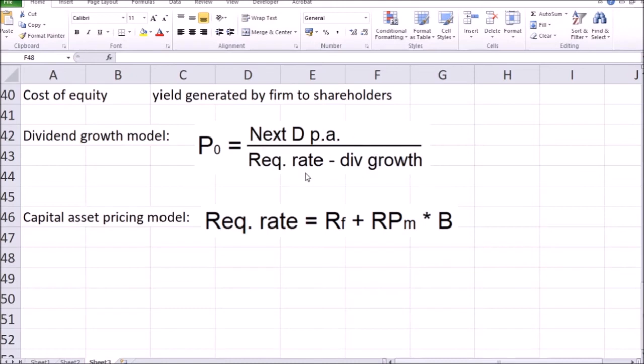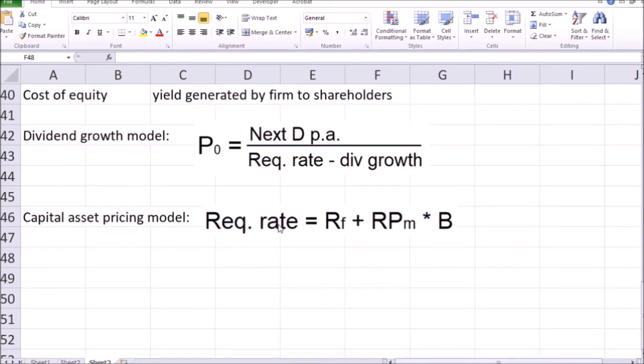What we can do with this formula is just rearrange it to find the required rate of return that the investors basically would require in order to be enticed to buy the newly issued shares, hence letting the company raise capital. Alternatively, we could have a look at the capital asset pricing model, which tells us that the required